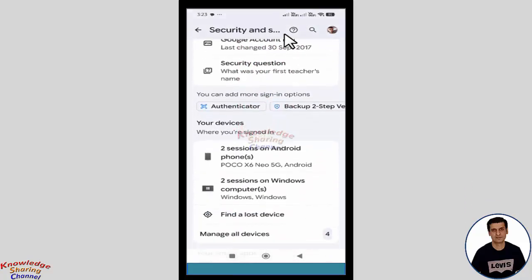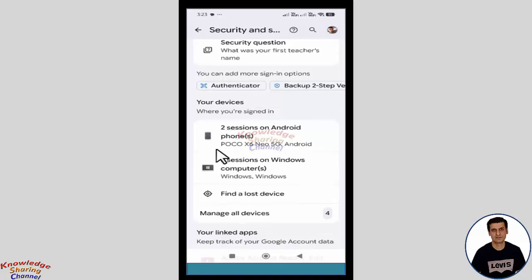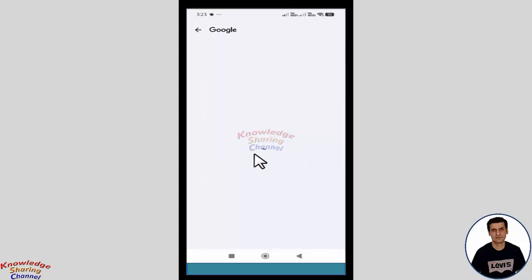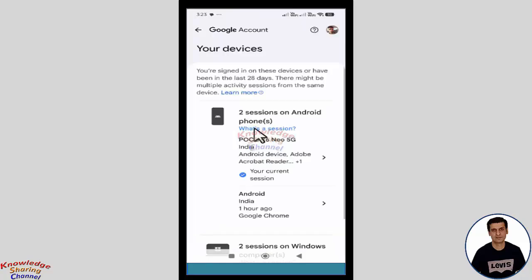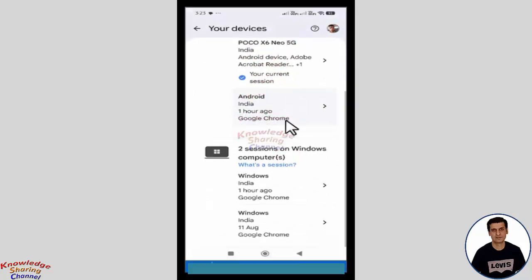and in the bottom you will find all the devices on which your Gmail account is logged in. Now here my Gmail account is logged in my phone and also on my computer. So if I want to log out any of these devices, then I simply need to press on the device name